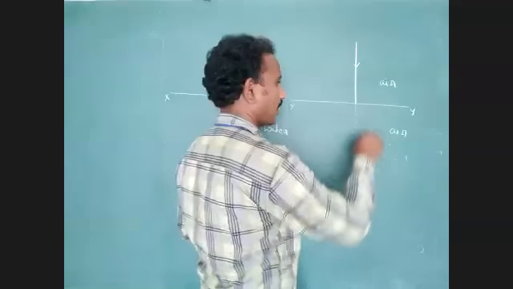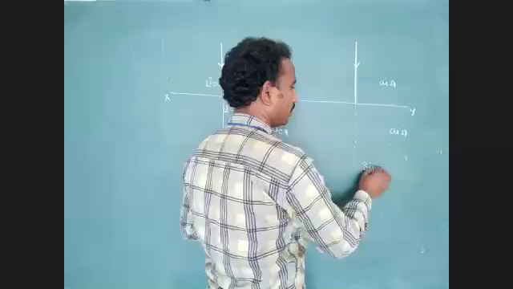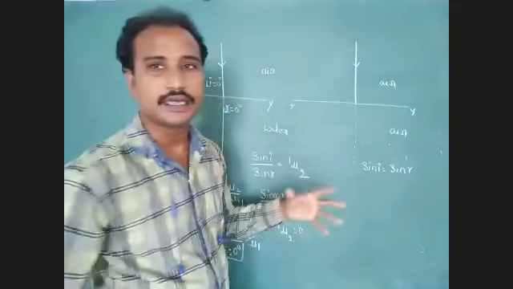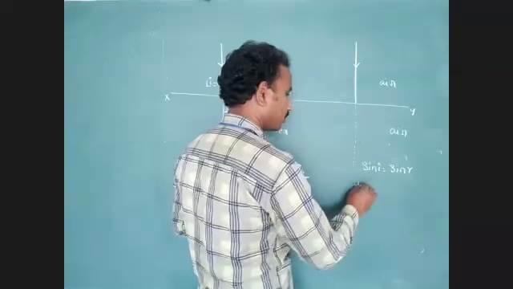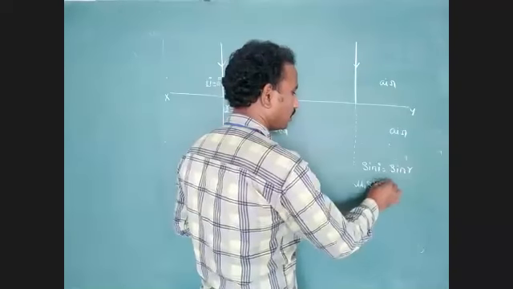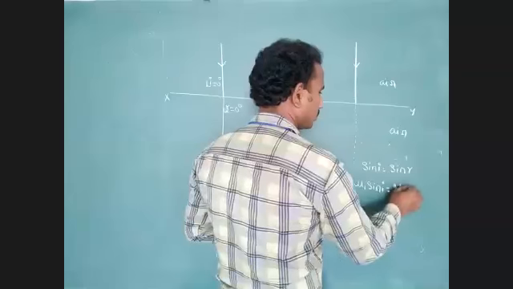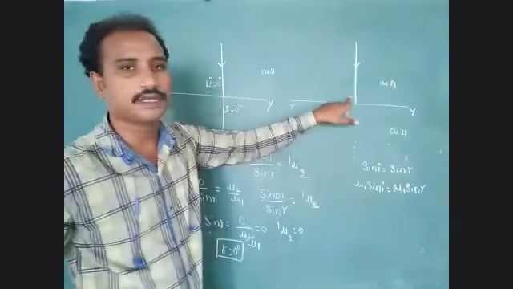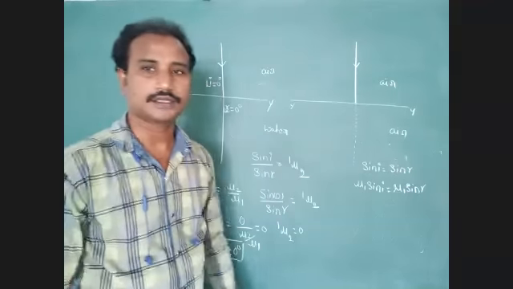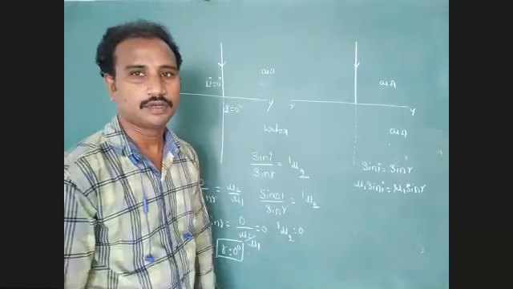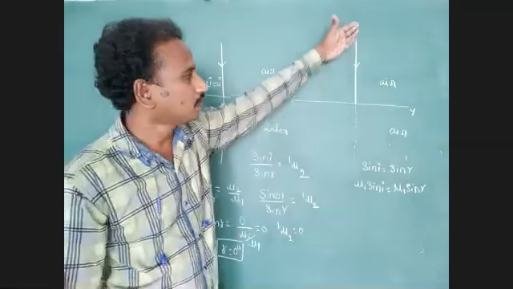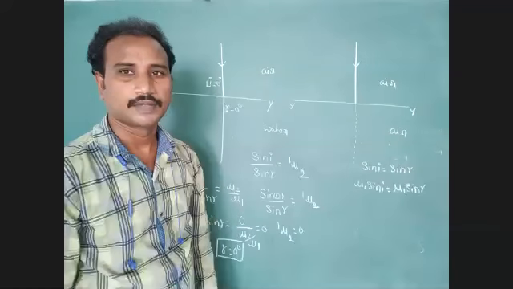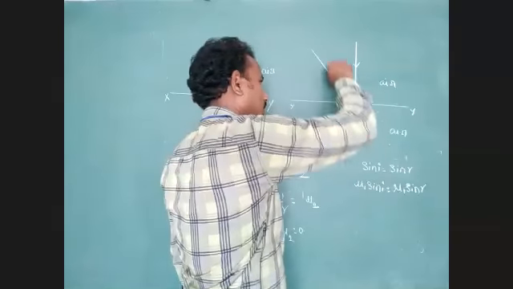In this condition, we have to consider that sin I equals sin R, or we represent it as mu1 sin I equals mu1 sin R. Angle of incidence equals angle of refraction. Because of that, the ray follows the actual path of the incident ray. Understood? We have to consider this direction.